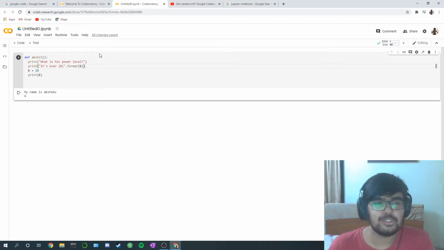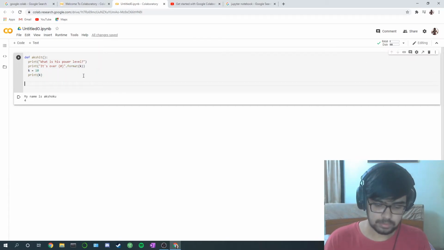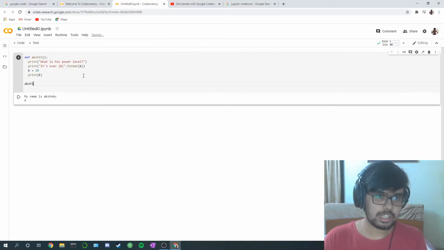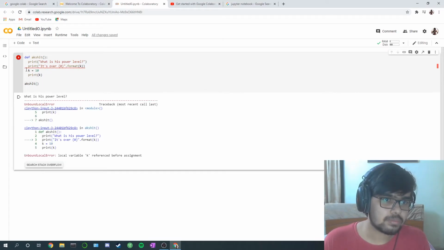So will this code execute now? Because I have first put the print statement, and then I have assigned the value to k. So this code will give an error. So I just call the function. See, it has given an error because the local variable k is not defined. So if I put k equal to 10 up,